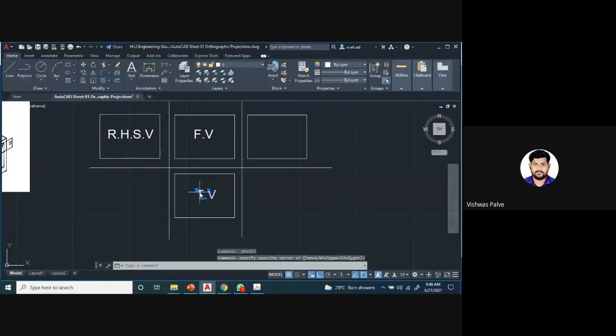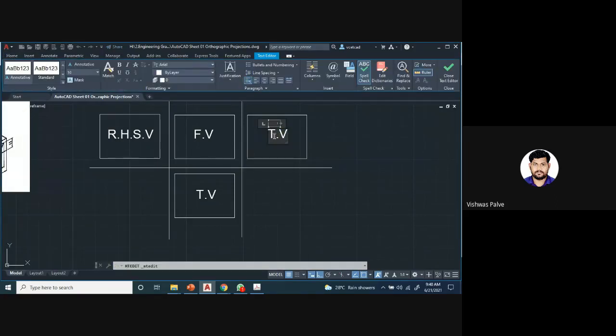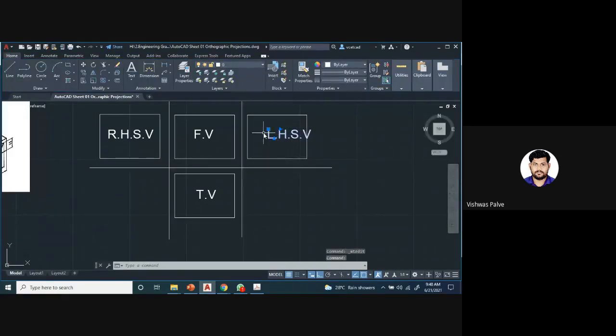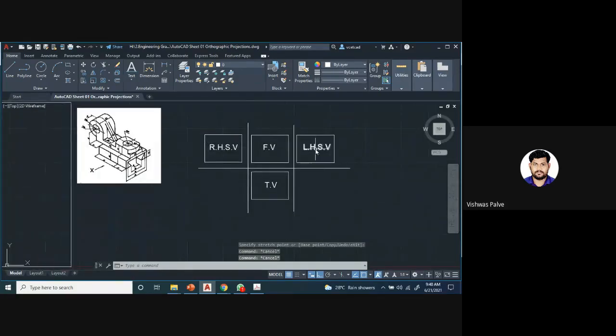Then if I want to draw the side view, in the first angle projection method, it is completely reversed. Okay, we are observing from the left hand side and drawing on the right hand side. This is my left hand side view. Please note the views, now why it is written like this, I'll explain to you. It is the left hand side view which is drawn on the right hand side. So if this is the problem, these will be the views. Front view we have to draw here, top view we are going to draw below the xy line, and the left hand side view on the right hand side and the right hand side view on the left hand side.